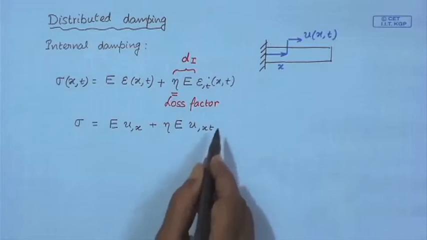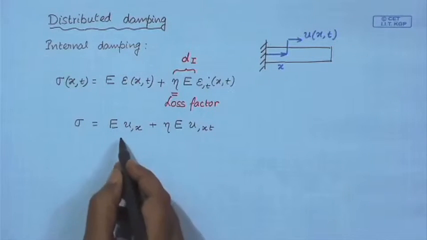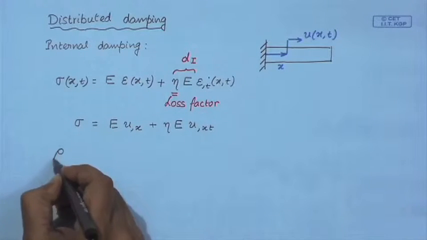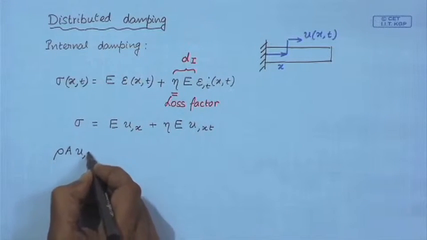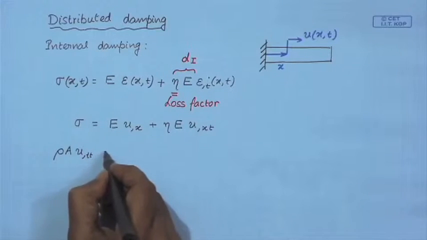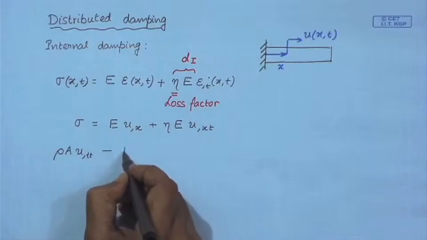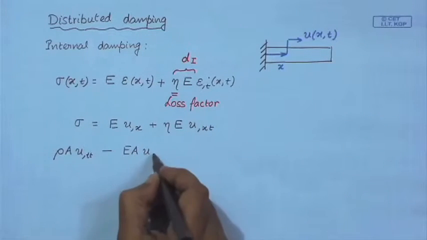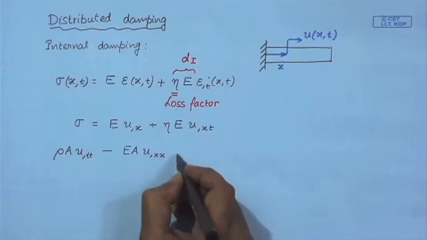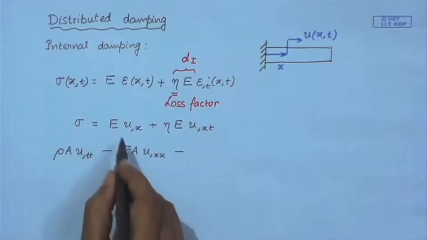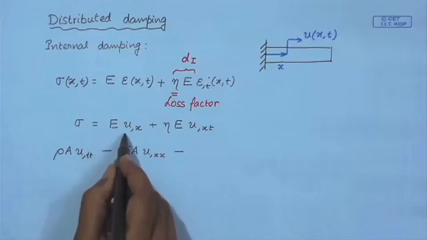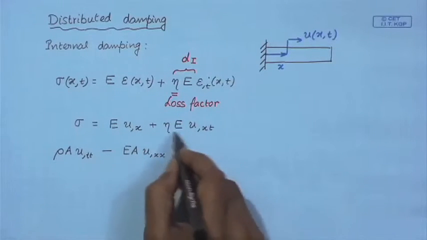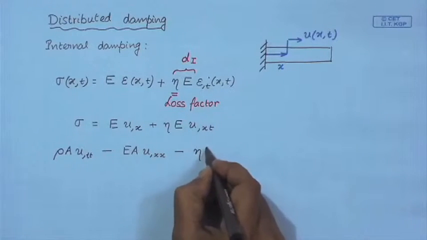Now, when we use this to derive the equation of motion as we have done before, we consider uniform cross sectional area. So, this term you see is E times del u del x, this gives this term, therefore, this term will give us